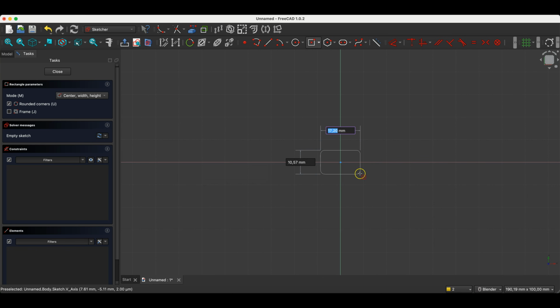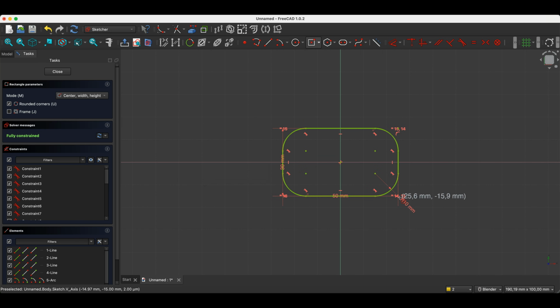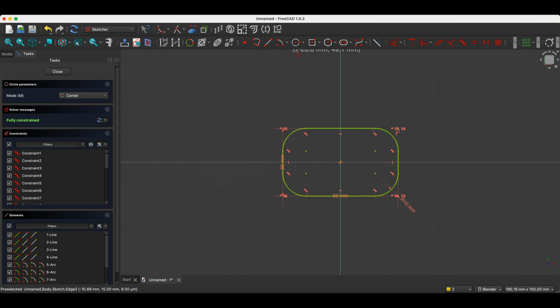Next, while drawing the rectangle, we specify the dimensions of this rectangle. Here we enter 50 and press Enter, and here we enter 30 and press Enter. As for the corner radius, we enter 10 and press Enter. So now, the rectangle drawing command is active. We can draw more rectangles, but we can also select another command. We select the circle drawing command, and we will draw two circles with a diameter of 5 mm in such a way that the centers of